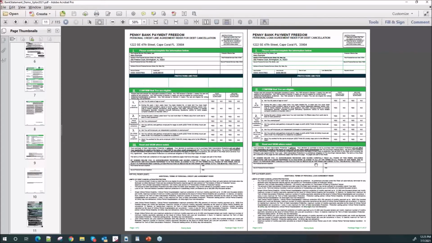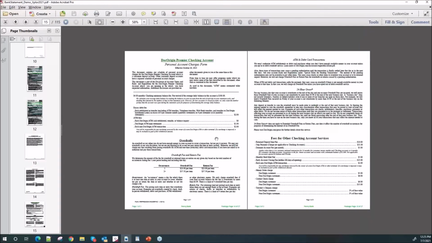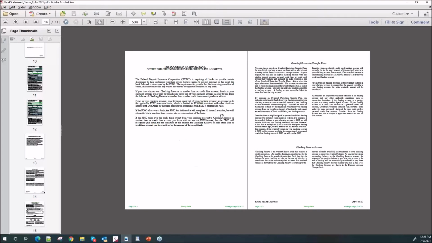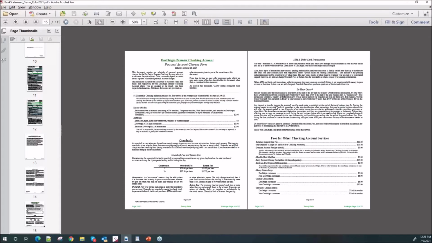So if I continue to flip here, and hopefully I don't make anyone nauseous, here's where we get into what we call stitching a document. When I say stitching a document, we're literally stitching an external PDF, which I'm going to show you, into our document itself. So this is not converted into DocOrigin, which again, especially when you get into some of this regulatory column and outline form documents, it's really time consuming to convert this into any tool, no matter what tool you use, to get all the alignment the same as it was before, and your text, your fonts perfect.